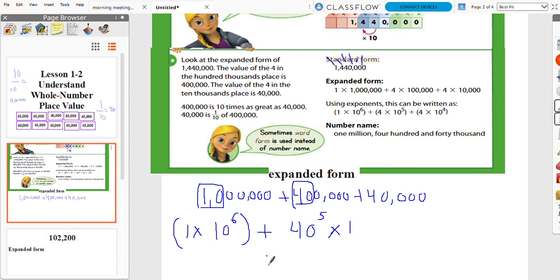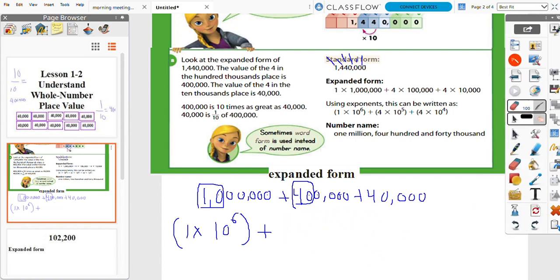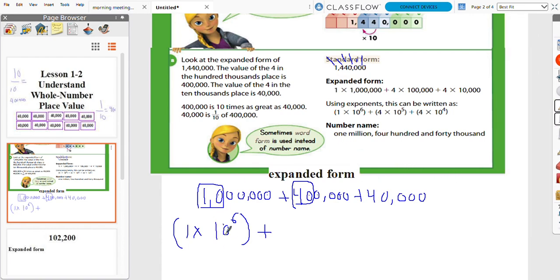Oh, do you see what I did there? I made a mistake. And you know why I made a mistake? Because 40 to the 5th is not 400,000. Why is it not 400,000? I made the mistake on purpose. And the reason is that when you are simplifying these numbers, you want them to be in 10. And why do you want them to be 10? Because we have a base 10 system. So you have to think now,